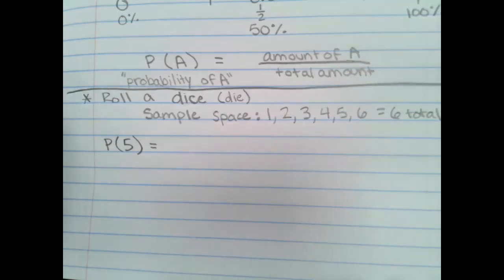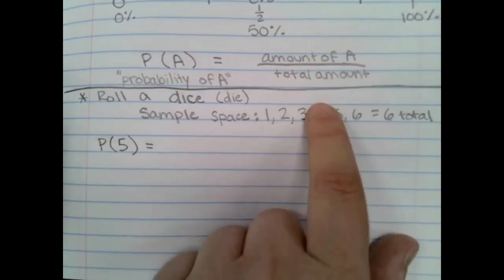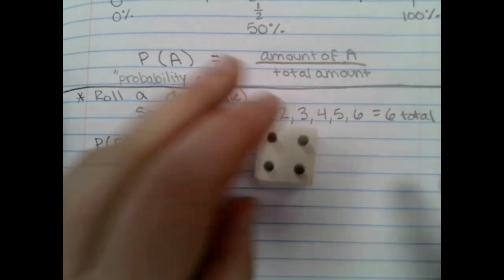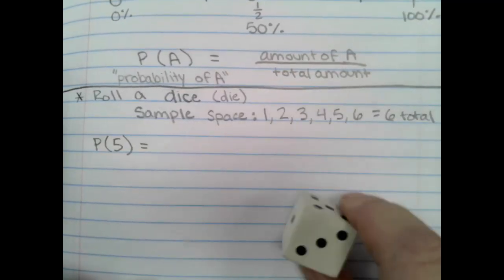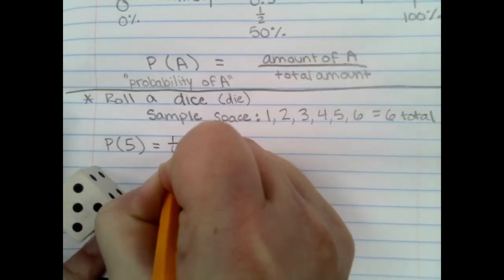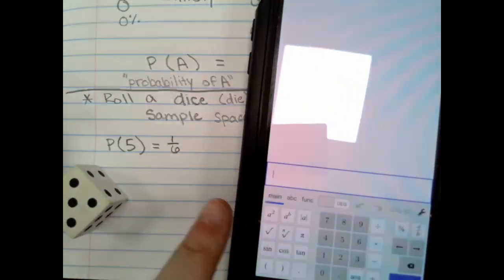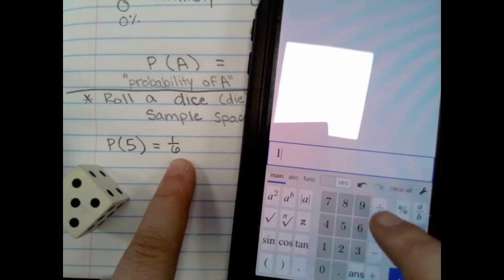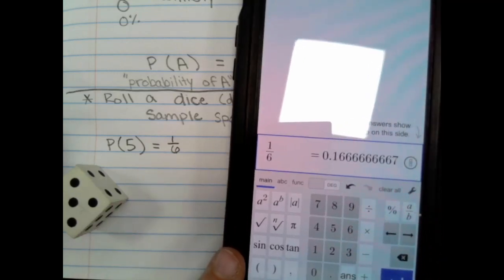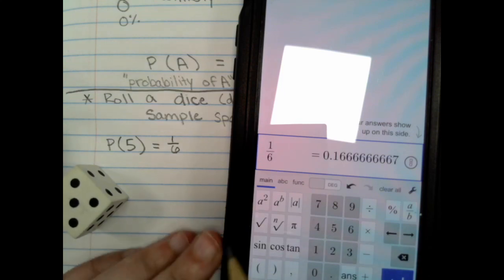So for probability, we want to think about how many times that happens over our total amount. So how many 5s are there on this regular dice? 1. There's 1 five out of how many options? 6. Got it? Well, we're going to make it into a decimal. So for a decimal in Desmos calculator, we can just do divide. So 1 divided by 6. We get 0.166666666666667. So how do we show that 6 repeating?